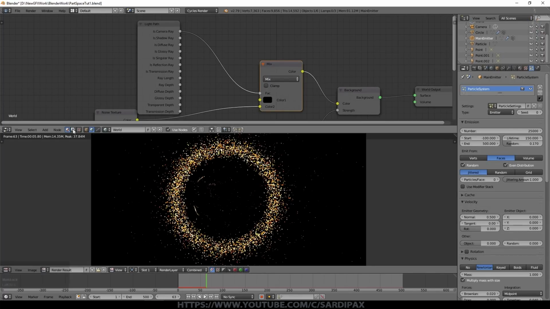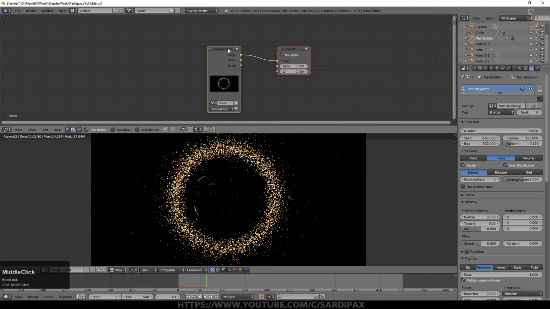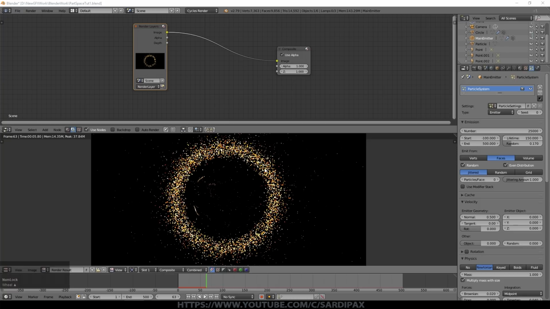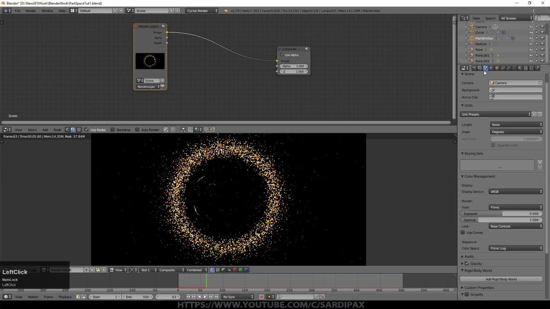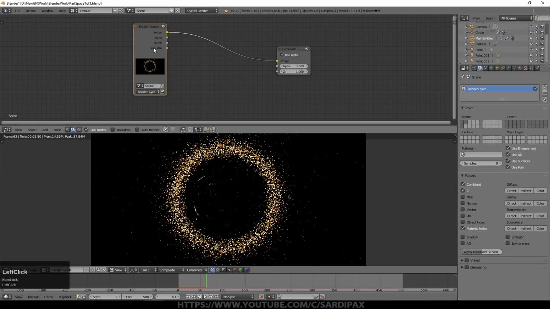So now if we go to here and say use nodes, we can add our compositing nodes. So we need to be able to differentiate between one material and another, especially if you had other things in this scene that you didn't necessarily want to apply all of these effects to. So we're going to re-render, but this time under passes I'm going to turn on material index. And you notice we got an extra little option up here when I did that.